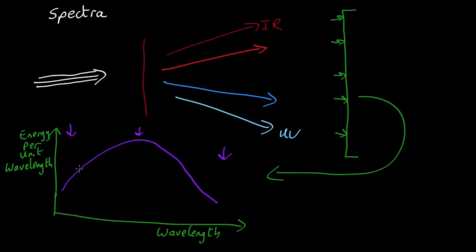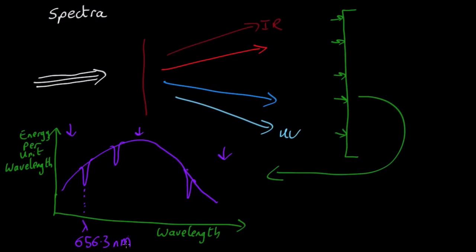But usually superimposed on this are dips called absorption lines. And these always occur at particular wavelengths. And what you do when you see a spectrum like this is you look at what wavelength. For example, if you're seeing an absorption line at a wavelength of 656.3 nanometers,